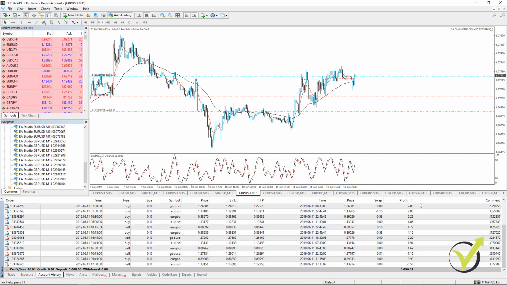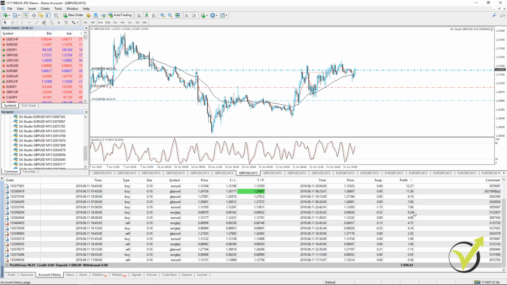So for example, if I arrange the profit according to the strategies, with the ones which made most profit on the top and the ones that are currently losing on the bottom, you can see that it will be easy to see on the right side which strategies made most profit. But when you leave your account for a longer time, let's say a couple of weeks or months even, you will see hundreds of trades over here, and you will need to use the calculator or put this in Excel or something like that and do some calculations, which will be really hard and time consuming and probably confusing.